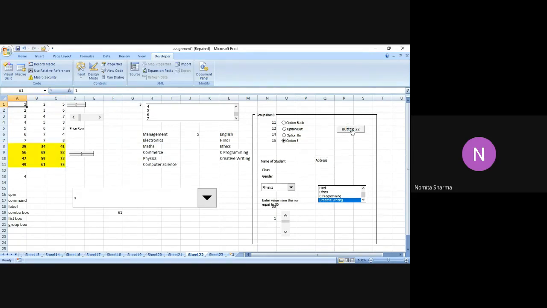So you see that wherever I have written the macro, that actually ran again when I clicked on that macro. So just in case you want to run any particular macro to show maybe any calculation, or you want to show the different courses that are available in the college, or the detailed description that you want to show to a student, that also you can relate with the button command. So in that case, in the form, you don't have to mention the whole description.